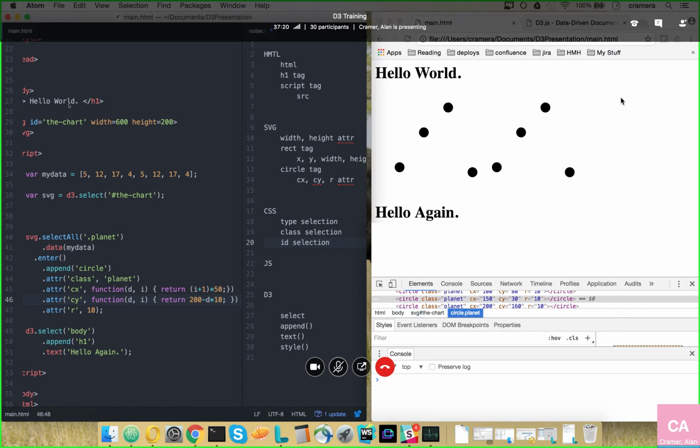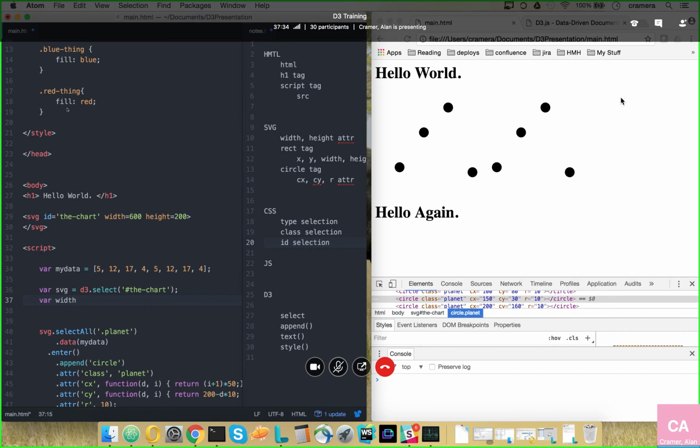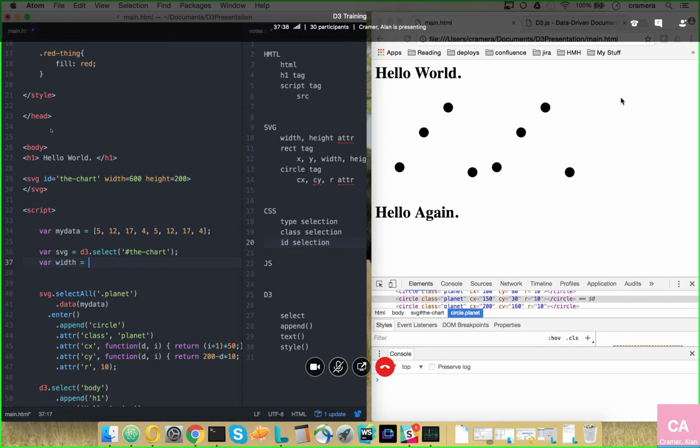I think we're ready to introduce a width and a height, so I'm going to say var width. And I don't want to introduce a new variable. The SVG already had a nice width. So I'm going to just request to learn what that SVG's width is using D3. And using a command we already saw, the attribute command, what we saw was that if I pass a second argument, it says apply this value to this width. But if I only pass one argument, it just says return to me the value that it currently has. It's going to be returned as a string. I'm going to want to convert it to a number by using a JavaScript convention that you throw in a plus sign in front of the string and it tries to convert it to a number. So similarly,